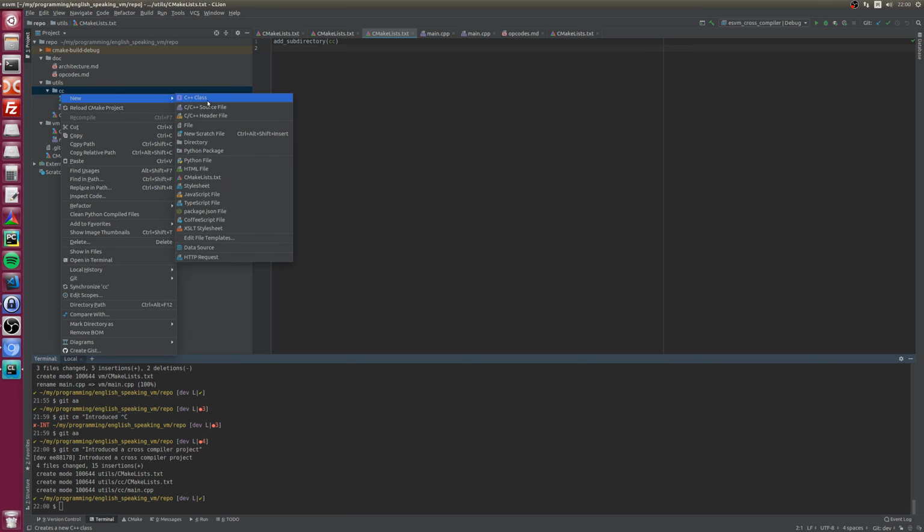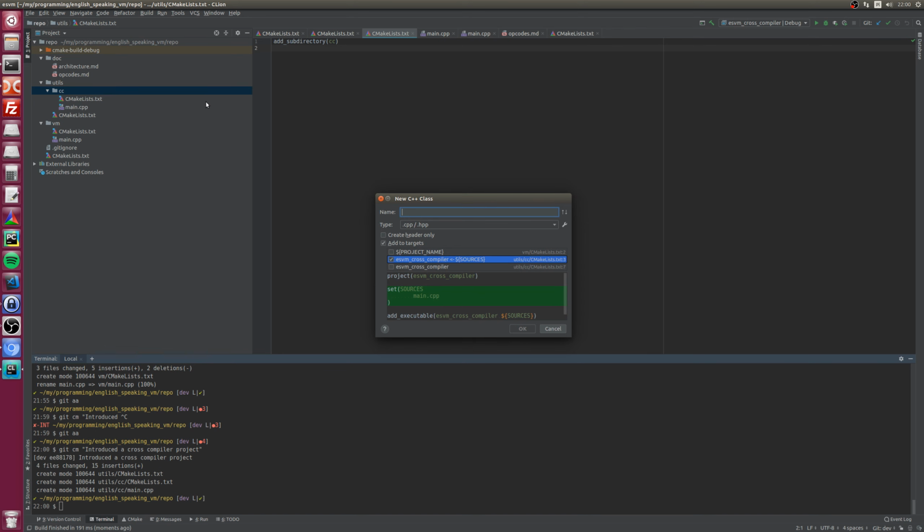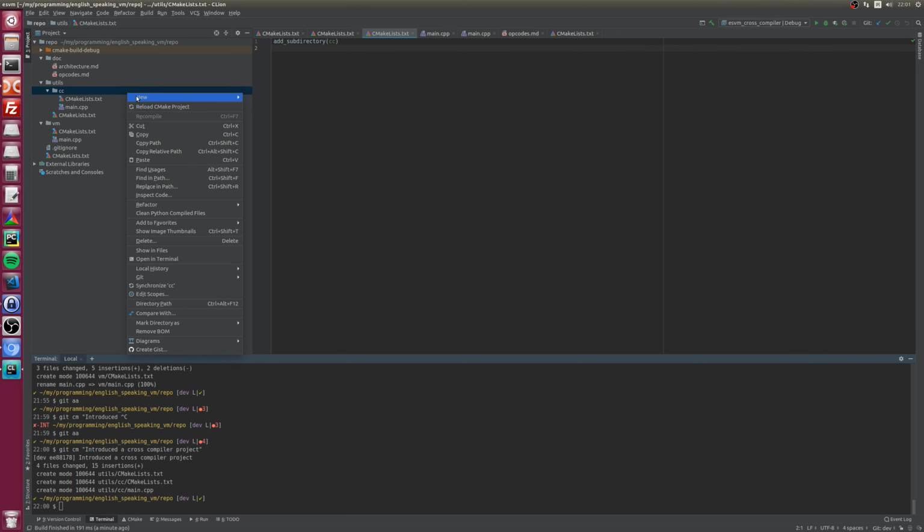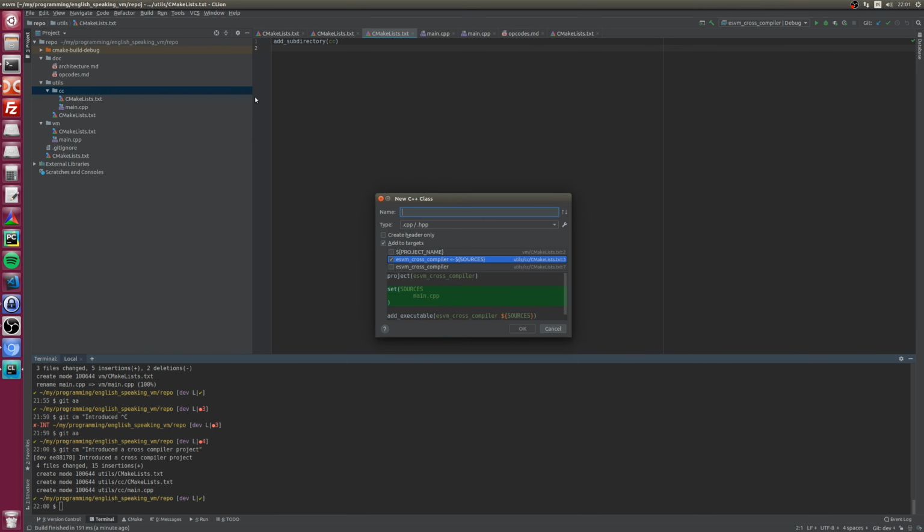So now let's just create a class for the cross-compiler that is going to accept, I think, the source and, yeah. Yeah, let's see. Oh, now first things first, let's just create a Lexer.